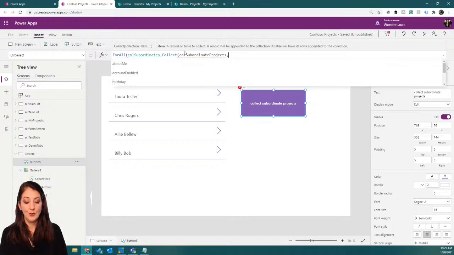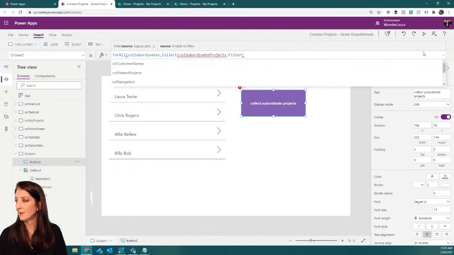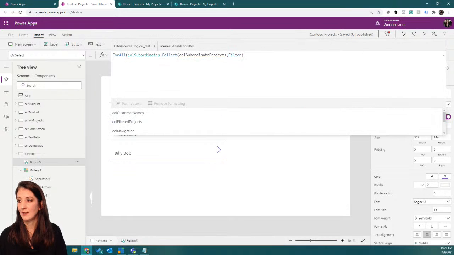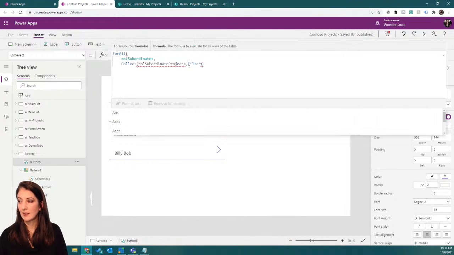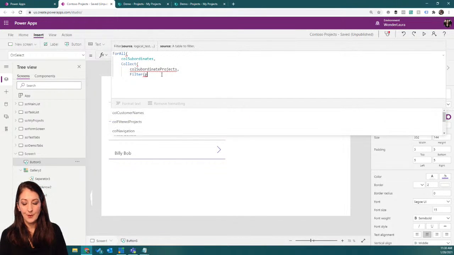And I'm going to filter. I probably should split this out a little bit. Let me do this so that you can read it better. Collect. I'm doing Shift Enter in between these. Okay. I'm going to filter the projects